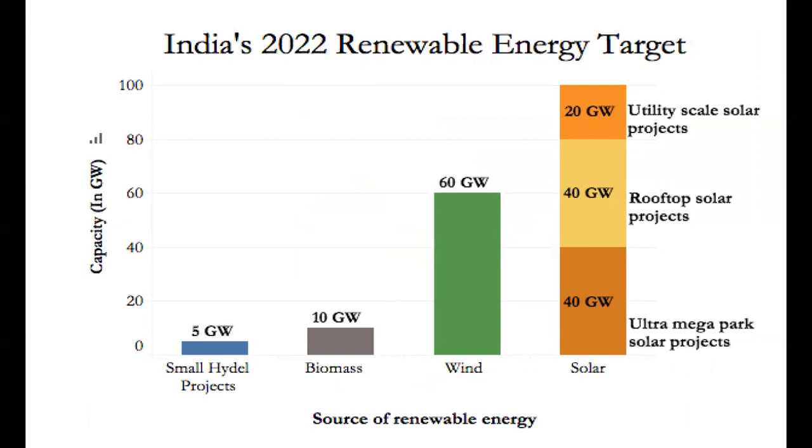Similarly, the target for the wind energy conversion system is 60 gigawatt. So there will be a large increase in the next few years for the wind energy system and also for the solar energy system. These are the two emerging technologies in the renewable energy field for producing electricity. Accordingly, I will be concentrating mainly on the solar energy system.